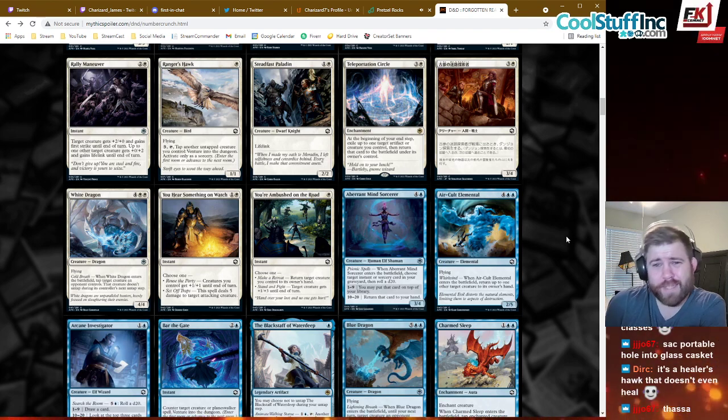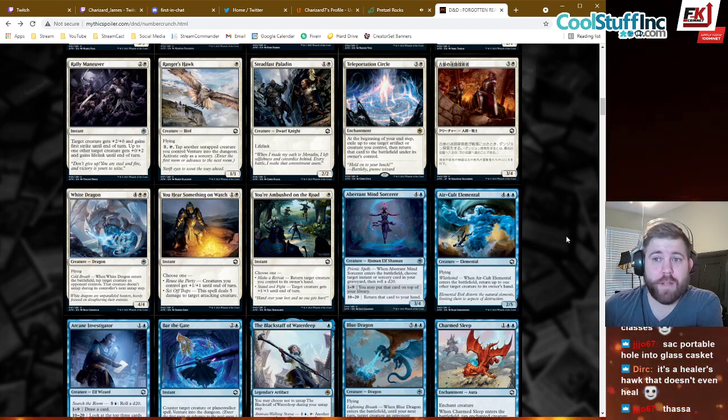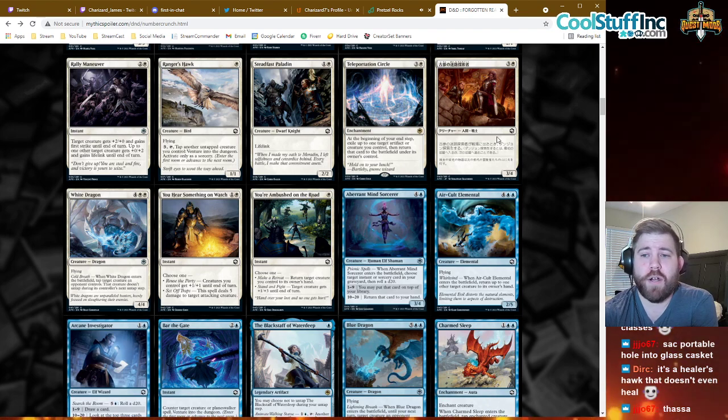This works with artifacts. Why would you want to blink an artifact? I mean, Ichor Wellspring exists, but I don't think this is playable. It's just too clunky. If this was 2 mana, it still might not even be playable, but maybe it's playable at 2 mana, but I don't see this card being good. This card here,